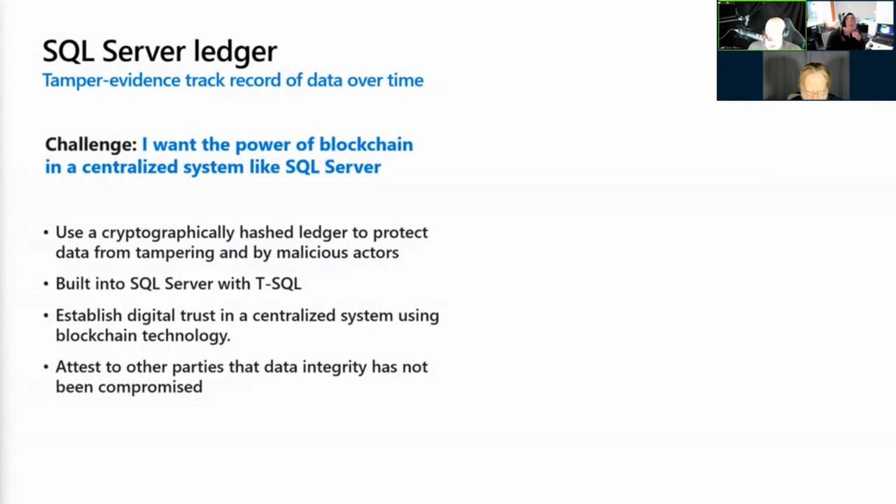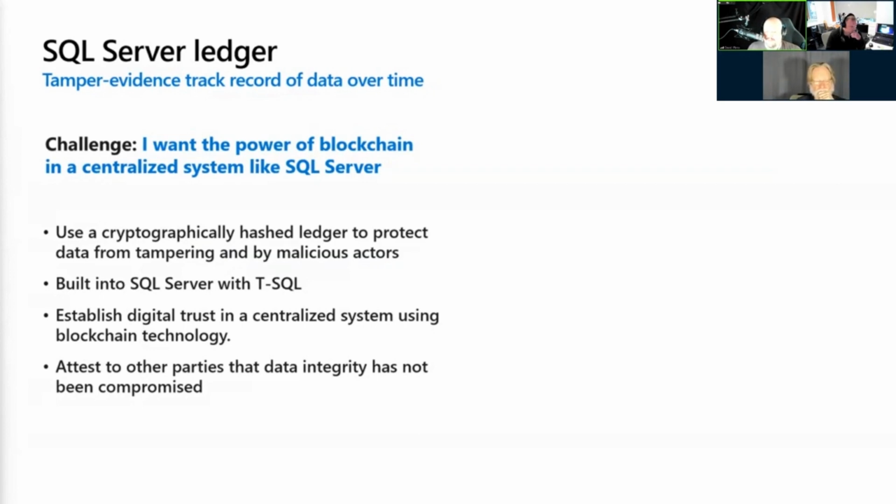So let's talk about SQL Server Ledger. It's important to know that SQL Server Ledger is already available for Azure SQL Database, and I recommend using it. It's like a tamper warning for your data, all managed transparently without any application changes. The feature gives you the ability to cryptographically attest to other parties, like maybe an auditor, that your data has not been tampered with.